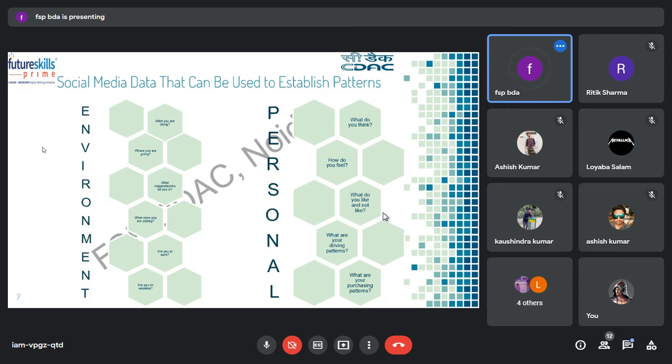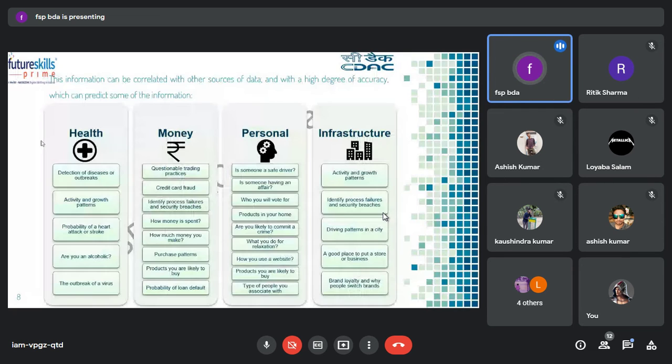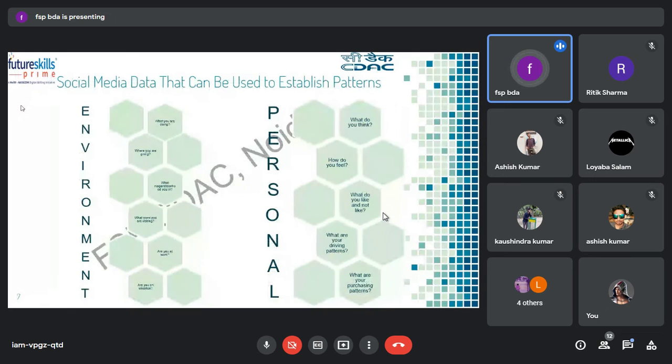Even when they go to a restaurant or a picnic place with their friends or families, they upload it onto social media. So all those things are very crucial data to these social media sites. They collect this data and analyze it.